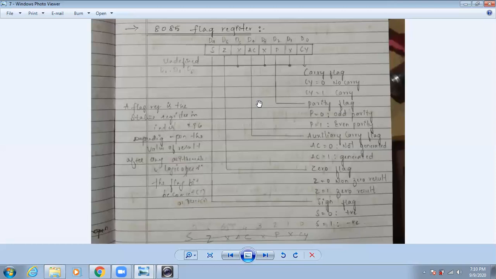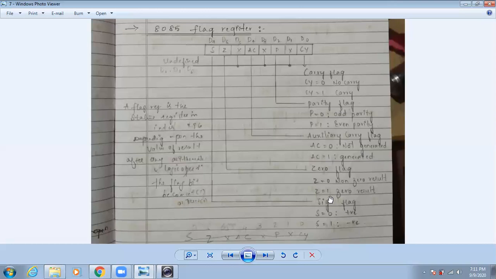So here, the zero flag is nothing but we'll see that result. We'll be doing the addition. In case you are getting the result as 0 in the D6 bit, in the D6 position, then the Z value will be assigned as 1. The carry flag value will be calculated separately.